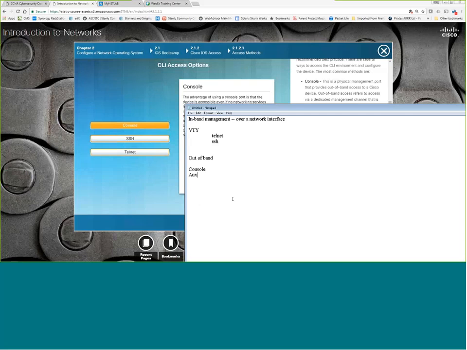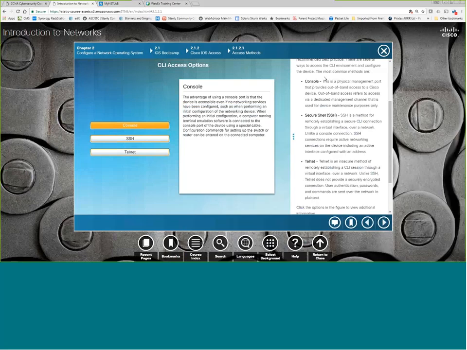But out-of-band is typically considered to be just the console port. Now, the console port on a router is a port on the back that is a blue port. It is typically found on the rear of the router and switch with a, I always say Carolina blue because it is the color of